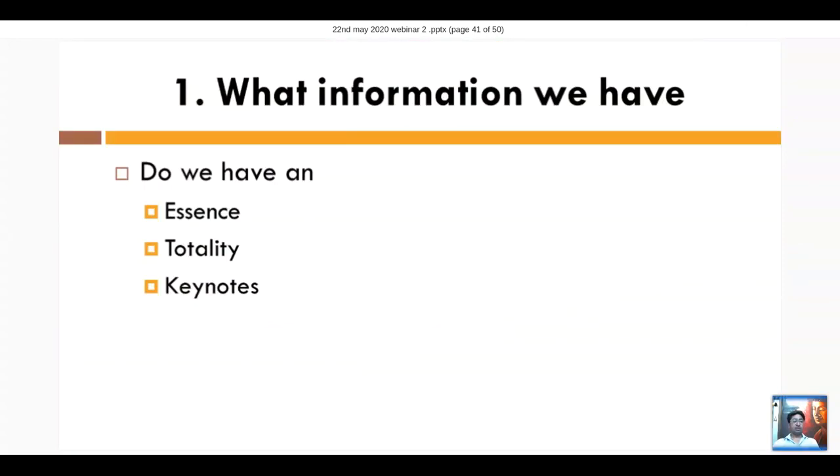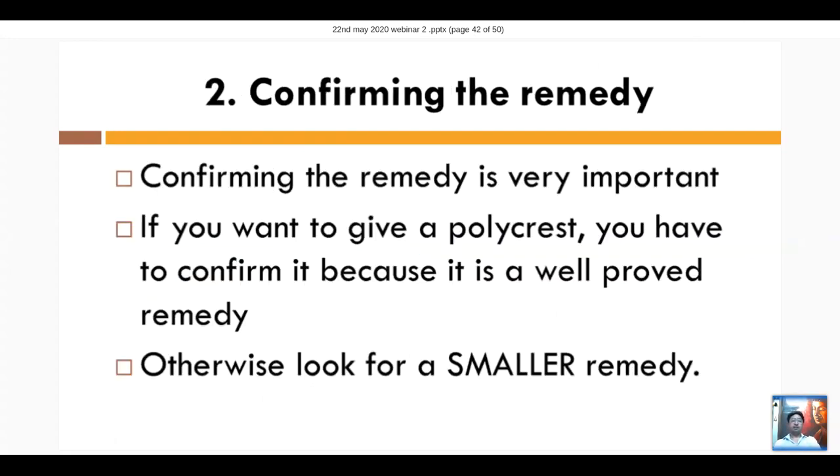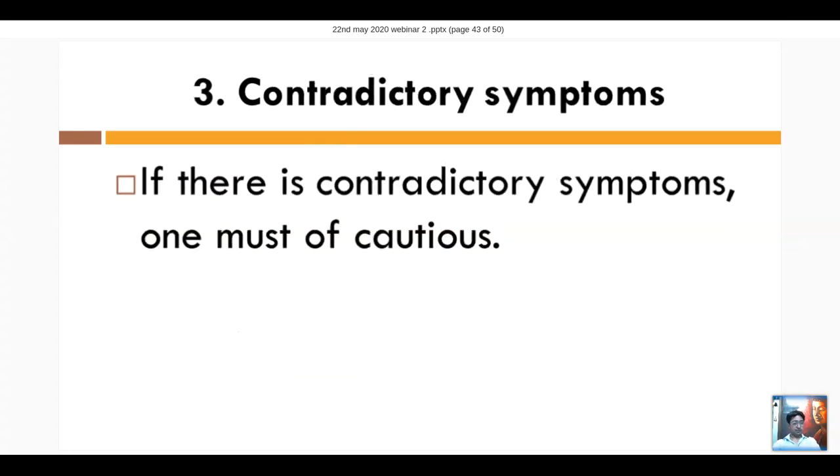So what we discussed today: first, we discussed the types of information we have. We discussed that we have essence, totality, and keynote, right? Then the second thing, that confirming the remedy is very important. If you want to give Polychrest, you must have confirmatory symptoms. Otherwise, look for a smaller remedy. Third,